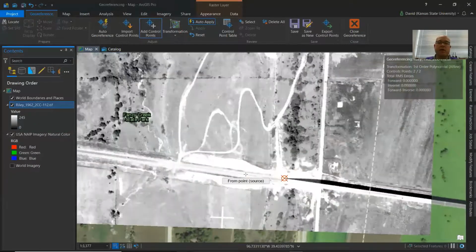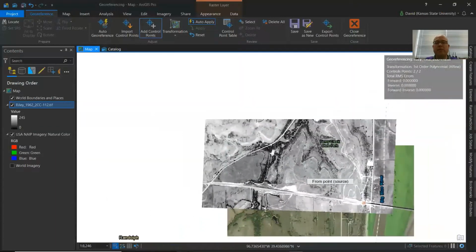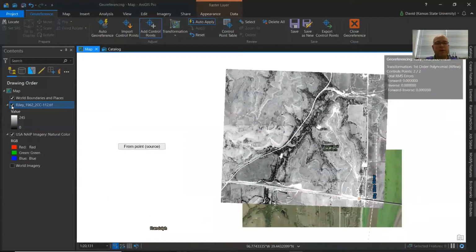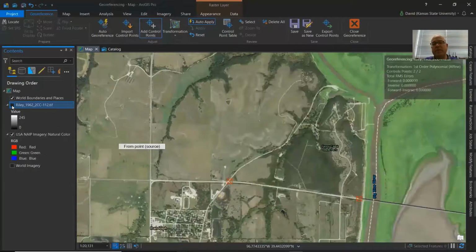I turn on my historical aerial photo again. The bottom should be pretty close. Notice that those roads line up really nicely along the bottom. Top is a little bit off still, so we're going to have to put in another control point or two